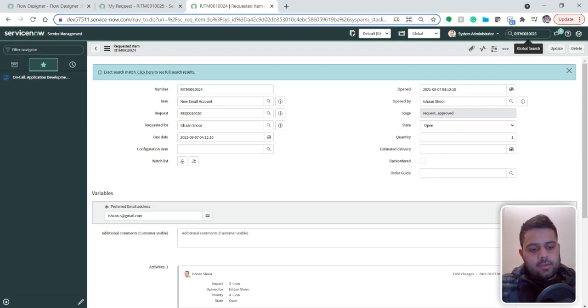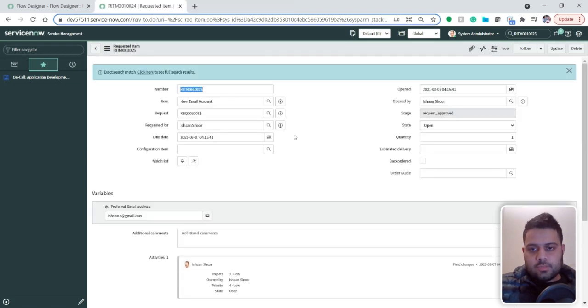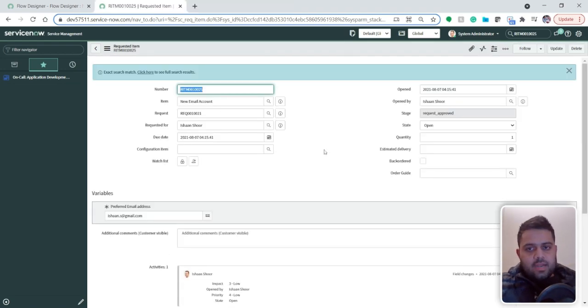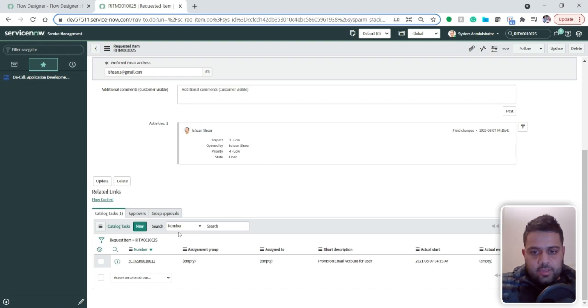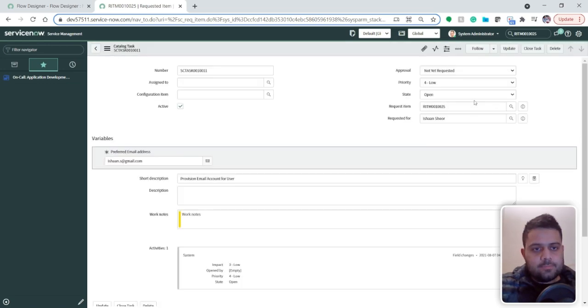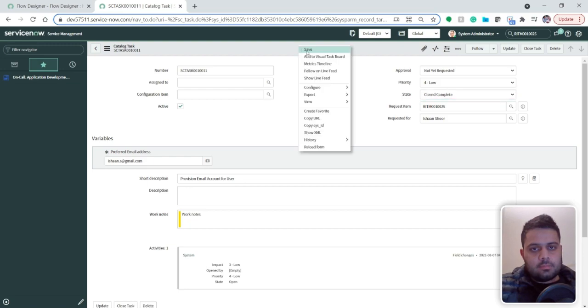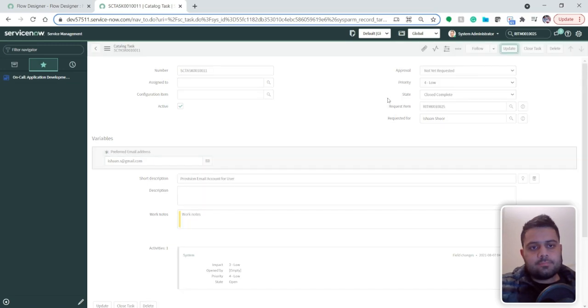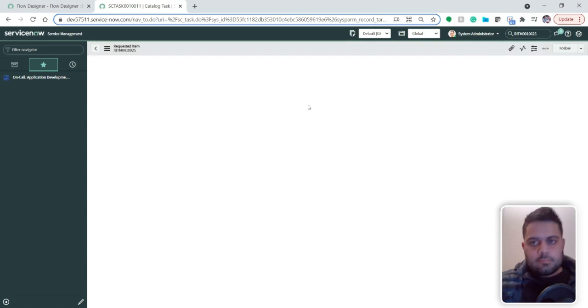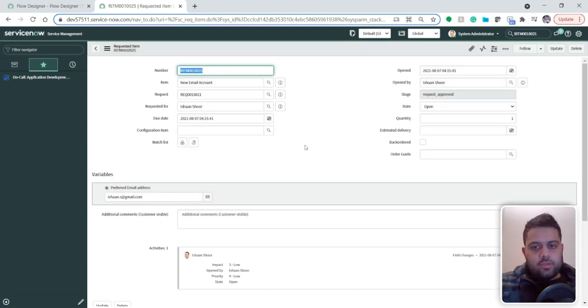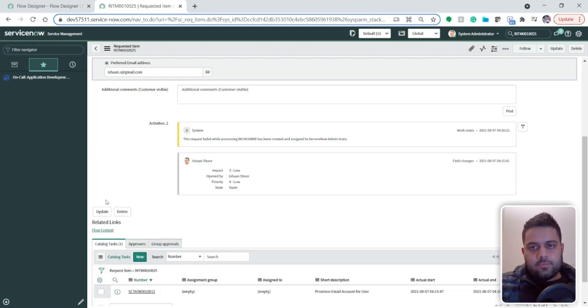I will go back to the fulfiller view. We can close off this one. So once we land up in the fulfiller view, again we have got a flow connected to it, and we also do have a task. First of all, I'll go ahead and close off the task. And now when we have closed the task, if I open up the flow,